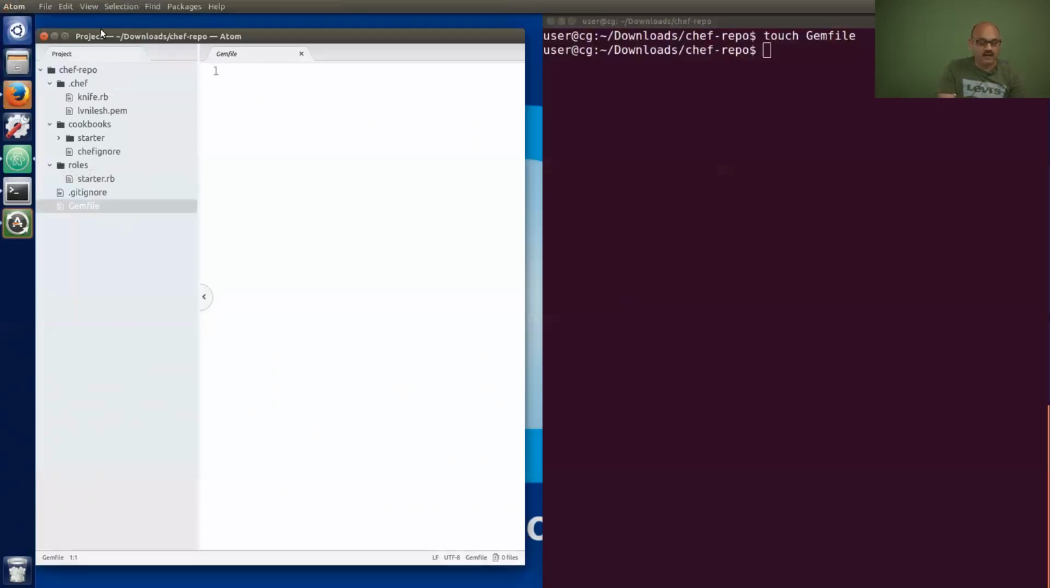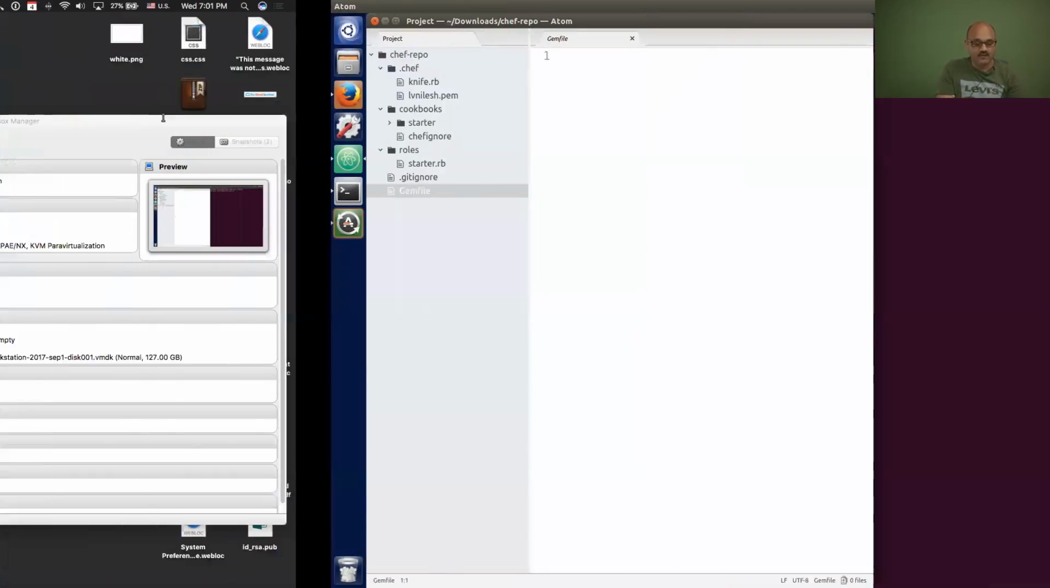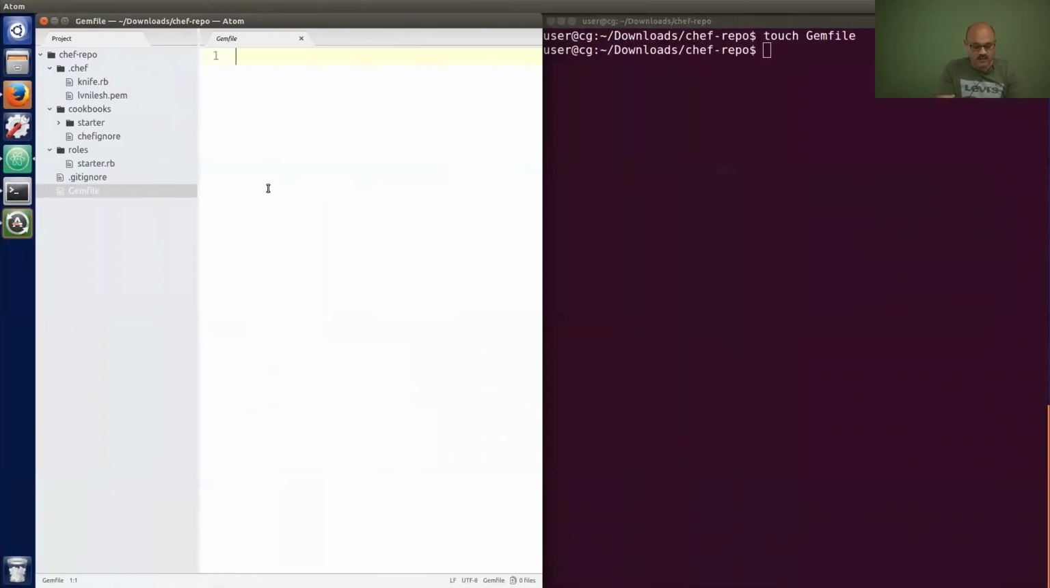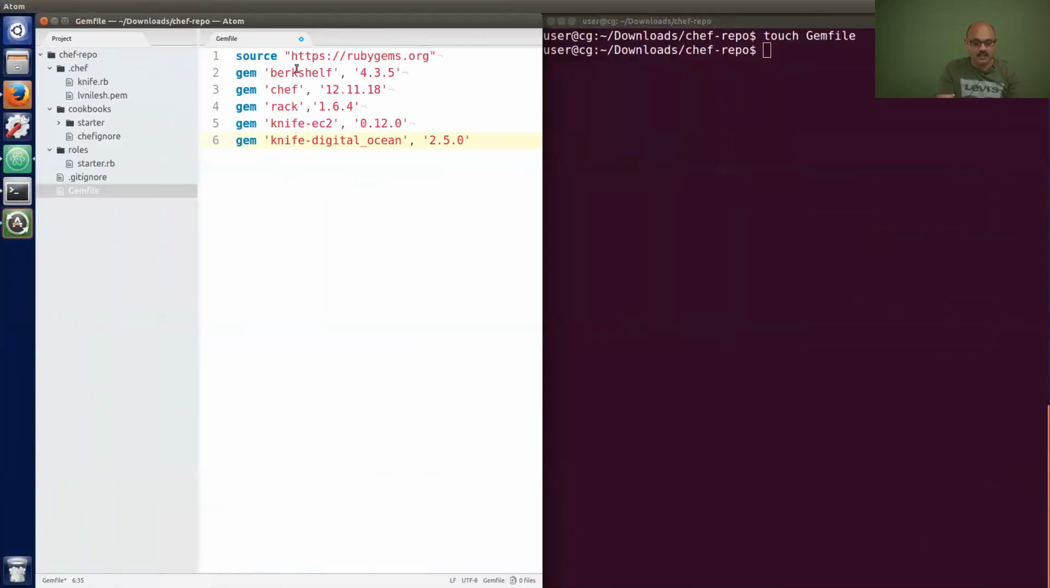And in that empty file, what I want to do is fill it up. What do I fill it up with? Certain gems that I want. What gems do I want? These ones. So I put that in this location, and I can see that I want Berkshelf, I want Chef, I want Rack, I want Knife EC2 plugin. So I want to work with the Amazon cloud. I want Knife DigitalOcean plugin, so I can work with the DigitalOcean cloud. So these are the things that I want, and I write them down in a gem file and I save